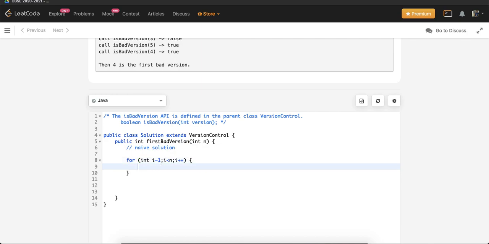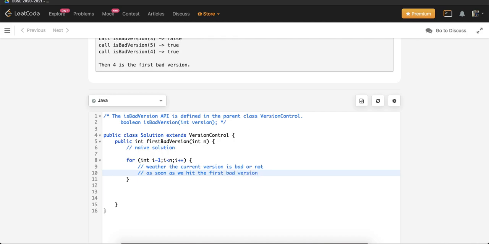What we can check now is whether the current version is bad or not. As soon as we hit the first bad version, we return the answer there itself,